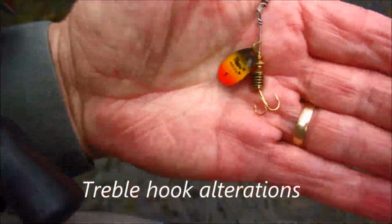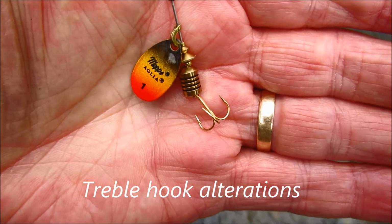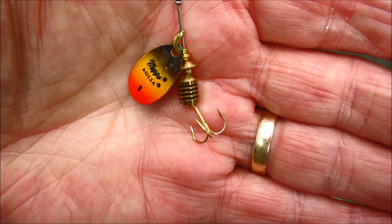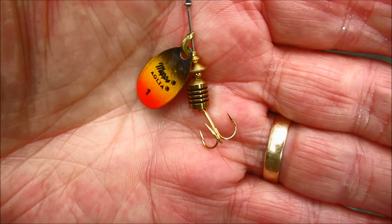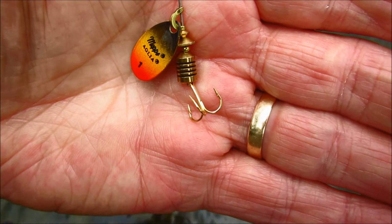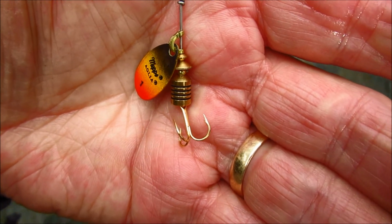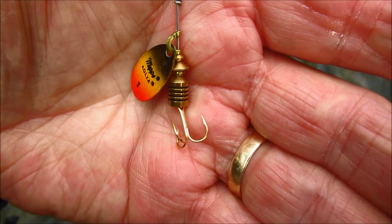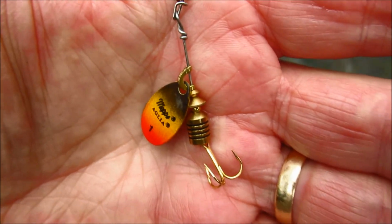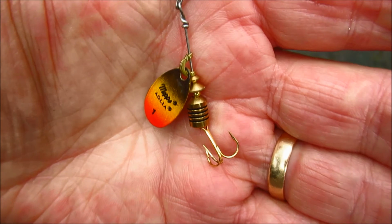Alright, so that's it, a brand new Aglia Fury size 1. And you'll notice how I've bent the hooks off centre there, I've twisted them over. I've twisted them to the left. You can do left or right, doesn't matter. I just like to have them off centre. And I also turn them in a bit, so they face inwards. The point of the barb is faced in a little bit, so that way you don't lose many when they're hooked. They don't toss the lure as easy. Sometimes it's a bit harder to hook, but 9 times out of 10 you'll get a hook up on it